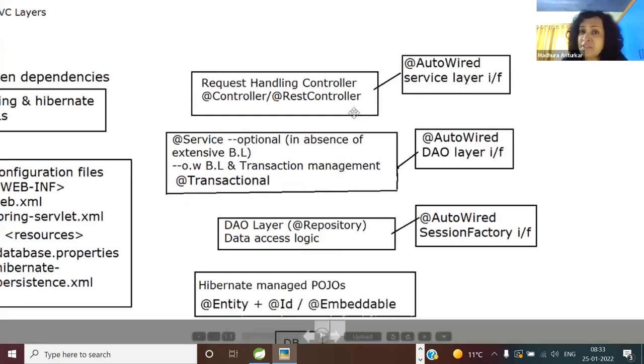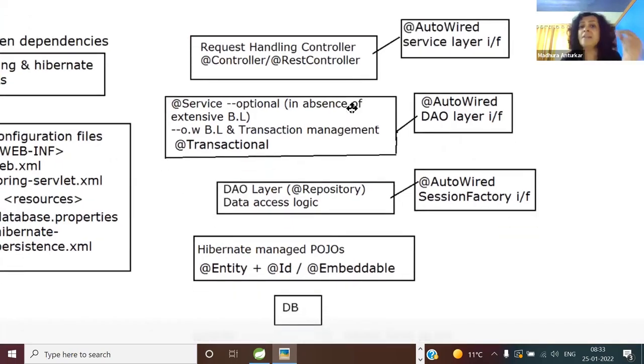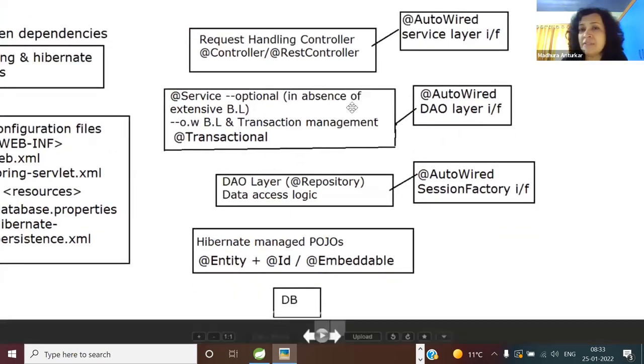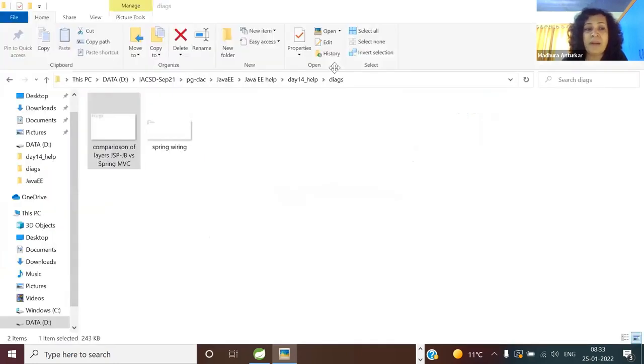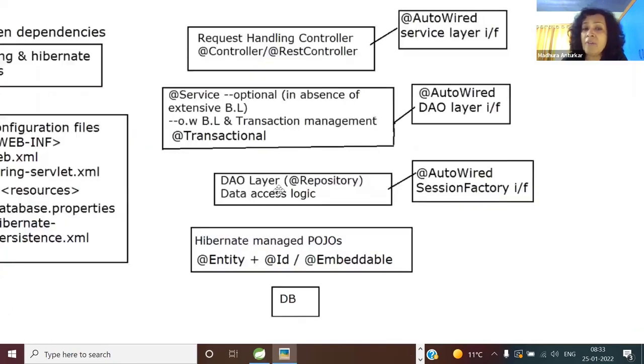Likewise, in the service layer, now I'm going a little faster. What is the dependency of the service layer? Tell me. Which is the dependency? This DAO. So are we going to create a DAO layer instance in the service? Never. Absolutely never. Instead, who is going to supply it?